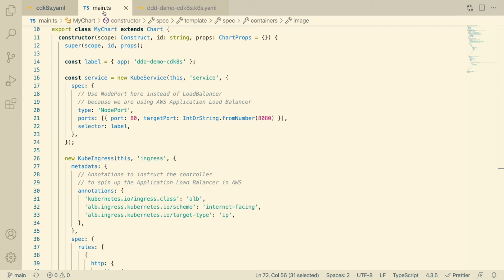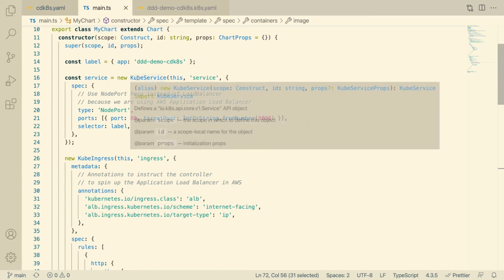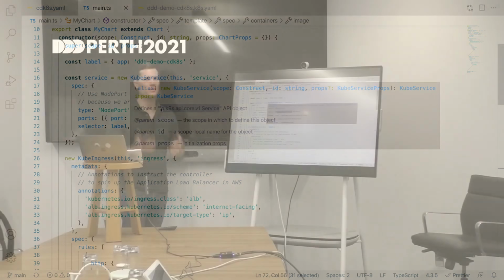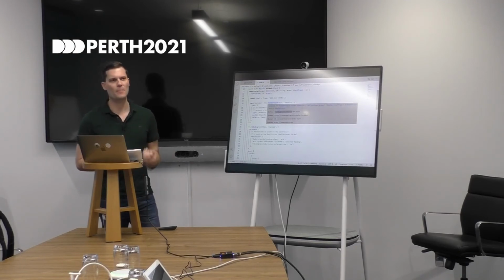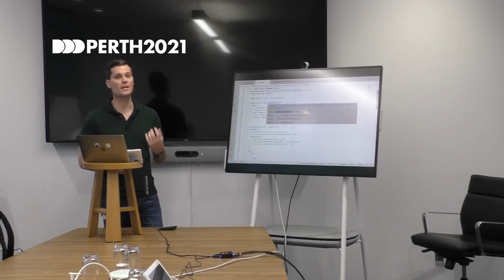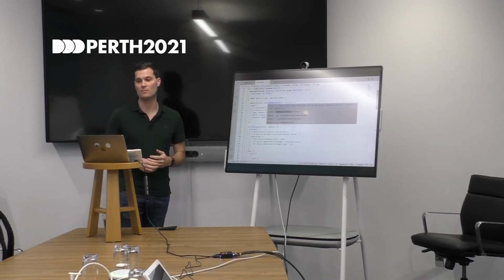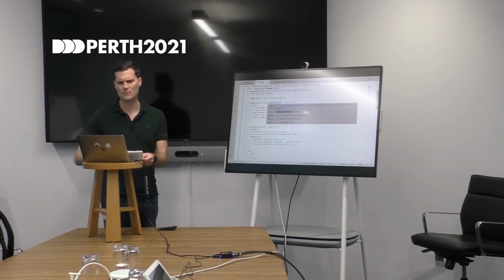First of all, we have the service. And one really great thing about CDK8s is we can hover over the service here, and we can see that this object defines an API object of this type. One of the frustrations of Kubernetes is getting all this stuff correct. Because we're using CDK8s and we told it that we're using version 1.20 of Kubernetes, it ensures that we get all these annotations right and we don't have to worry about configuring them manually. So with the service,